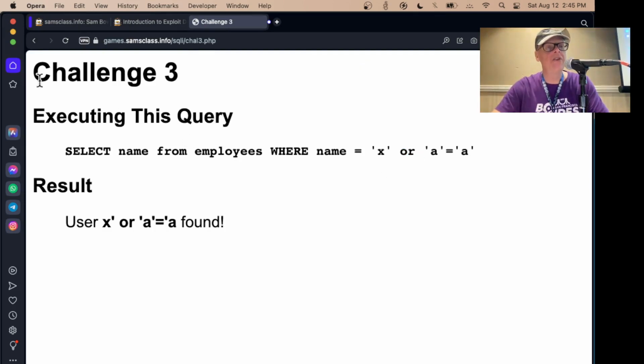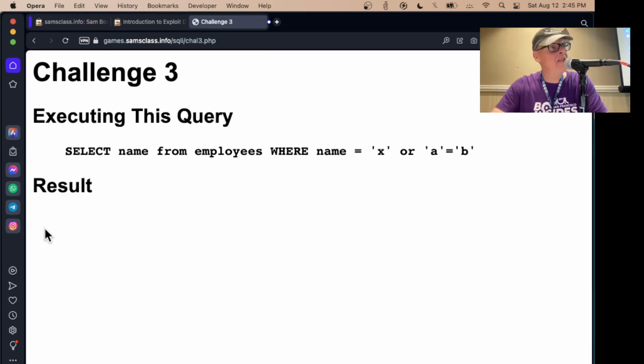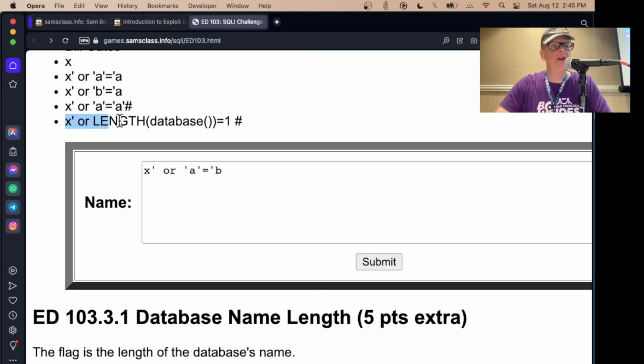However, I can still get information, because if I change this A to a B at the end, then the name is never equal to X and A is not equal to B, so this condition is false. And if it's false, I get nothing. If the condition is true, I get an answer. So I can get one bit of data per query. And now I play the game 20 questions, where I ask yes or no questions to find out things from the server. So if I want to know the length of the database name, I can put in a query like this,